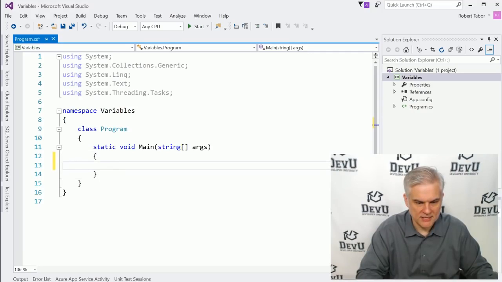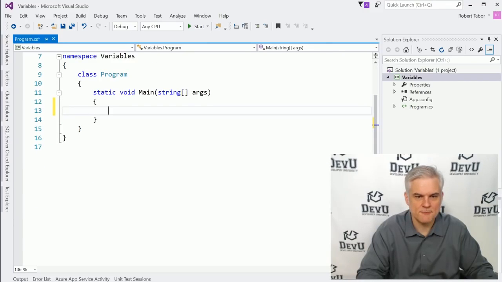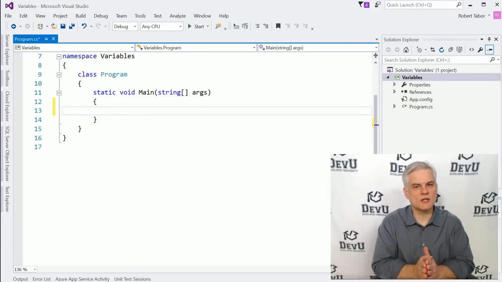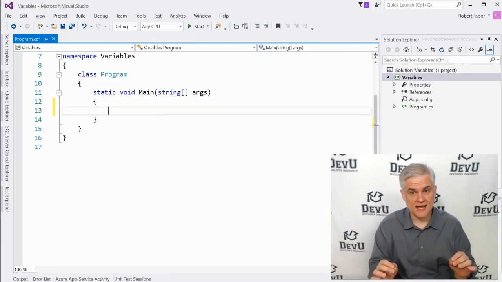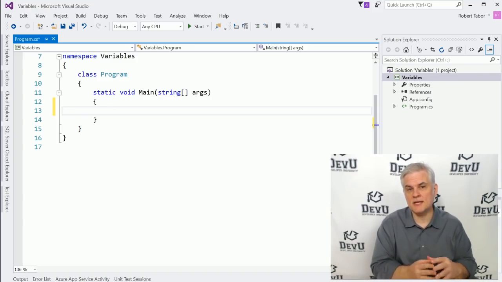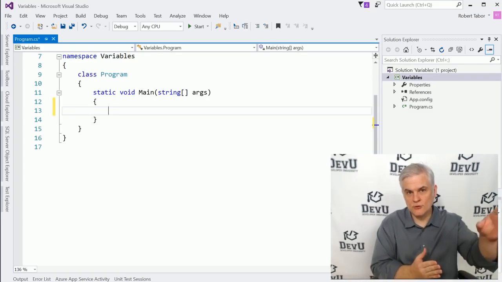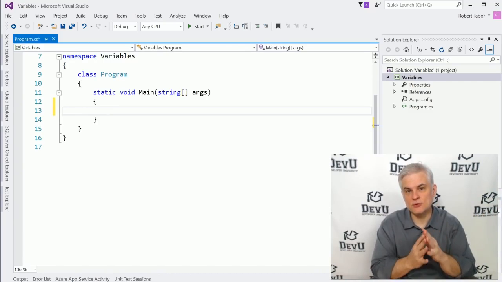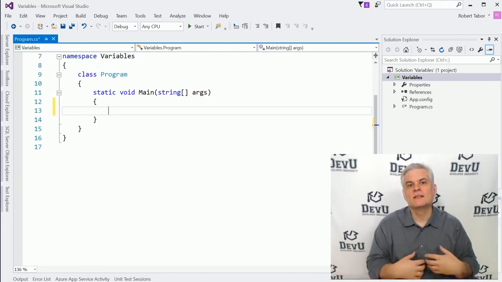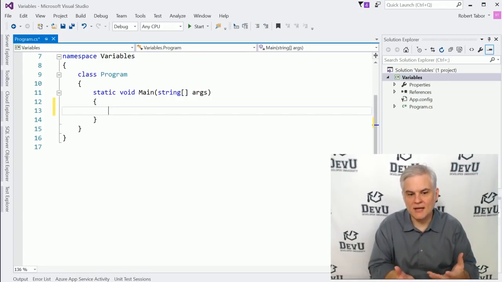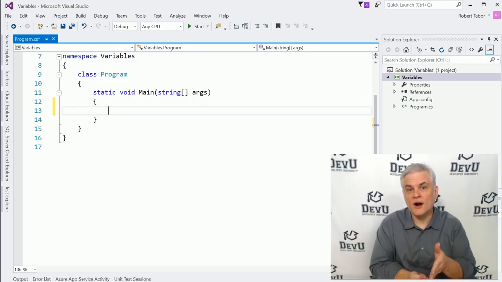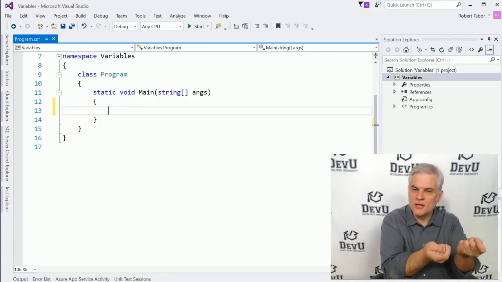Obviously, we want to work inside of our static void Main, in between the opening and the closing curly brace, just like we learned about in our previous lesson. All right. So before we get started, there's one big takeaway from this lesson, and that is that a variable is simply a bucket in memory that you can put data into and retrieve data out of. But we have to tell the compiler, we have to tell the .NET runtime, what size of buckets we want to create. So we have to declare our variables. We have to create those buckets and then give them some label